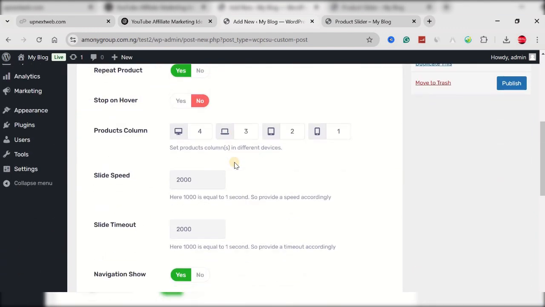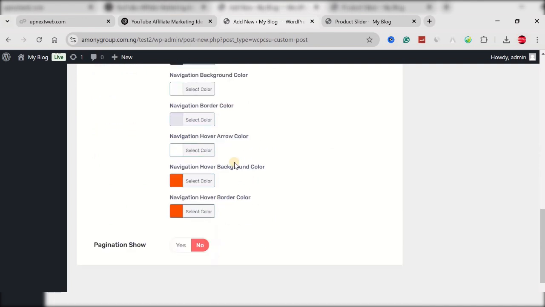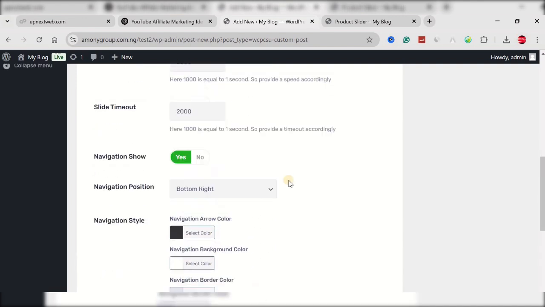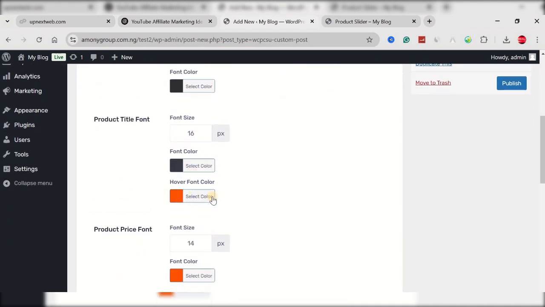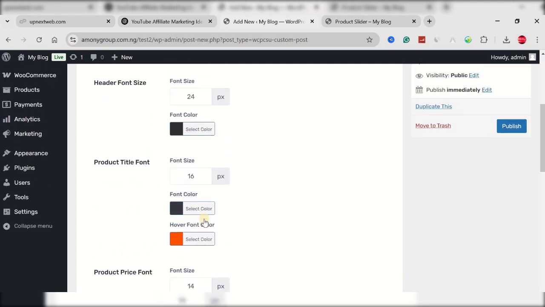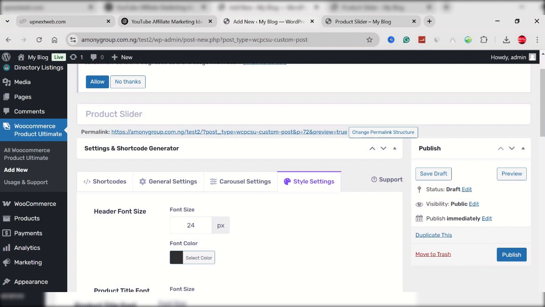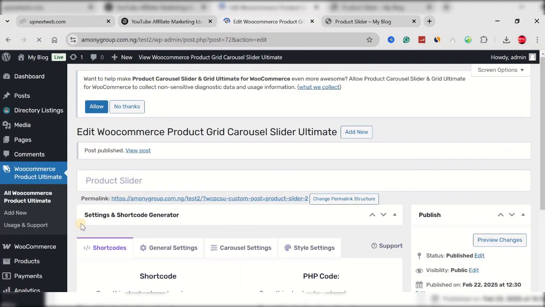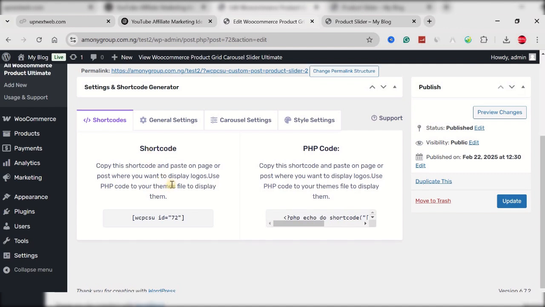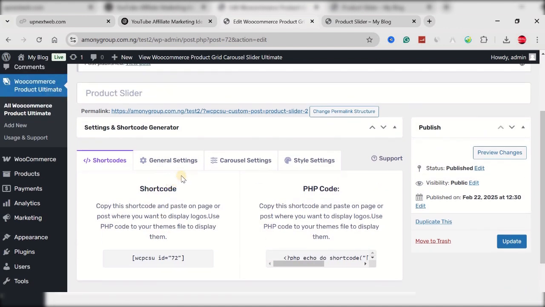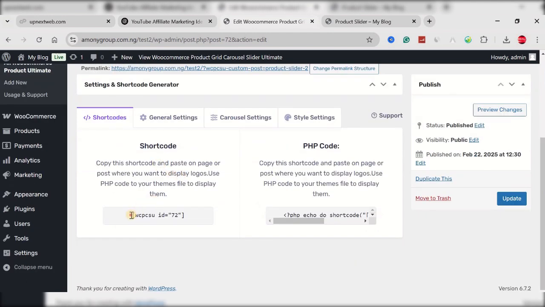These are the carousel settings. Depending on your choice, you can make changes and change color. Then under styling, it's all about color and the font size. Then when you are done, you click on publish. Now the carousel has been successfully published. So the next step right now is to copy this shortcode